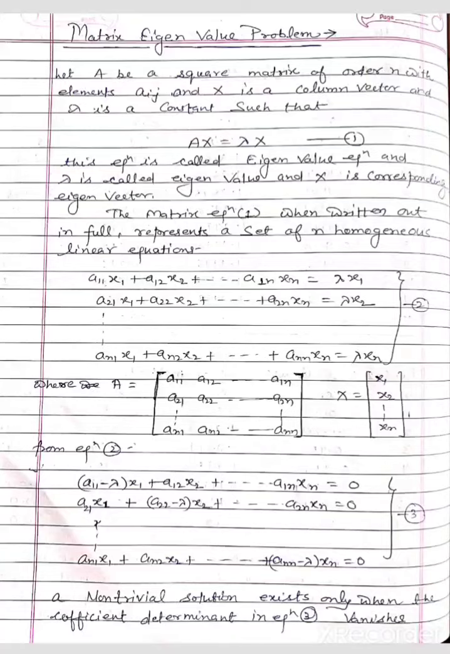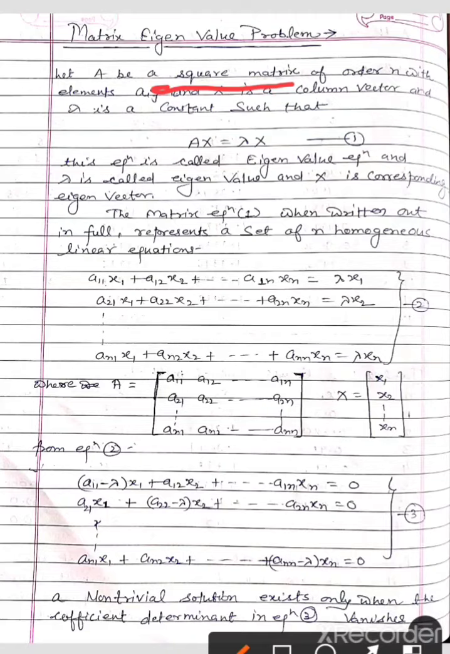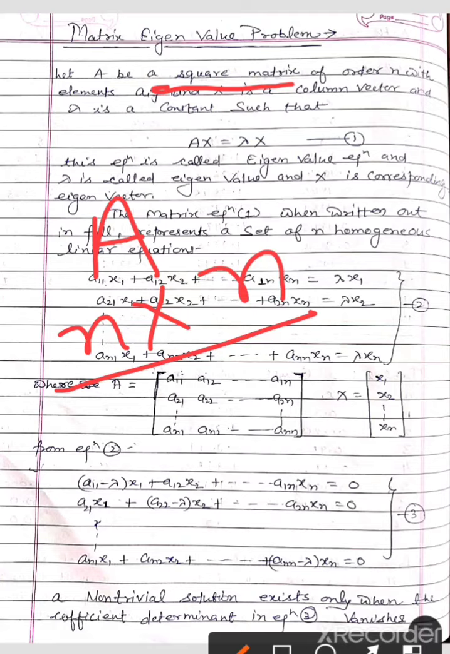Today we will discuss the matrix eigenvalue problem. Let capital A be a square matrix. It is a square matrix of order n. So A is the n cross n matrix with elements aij,